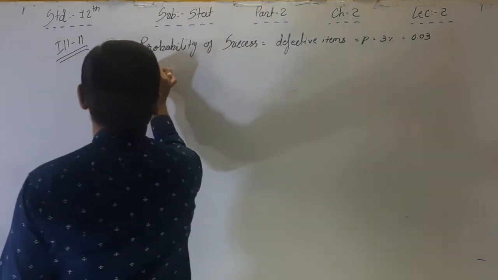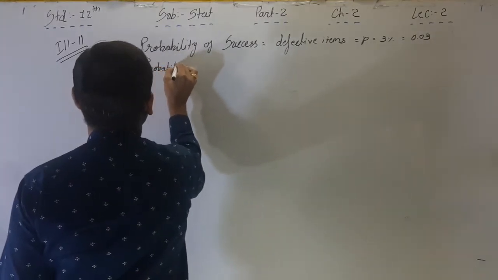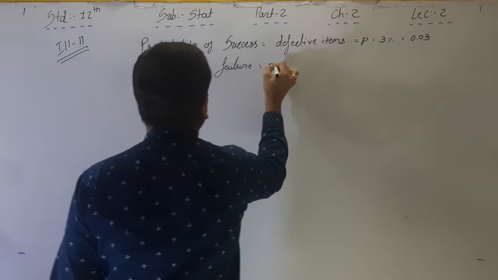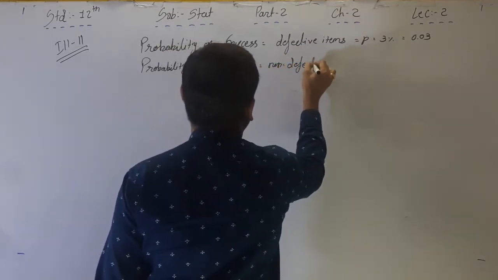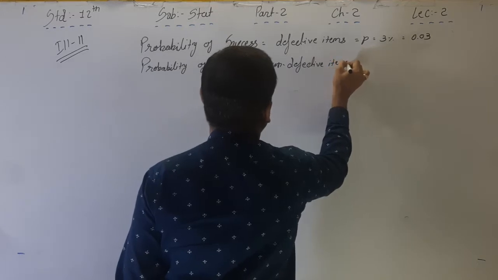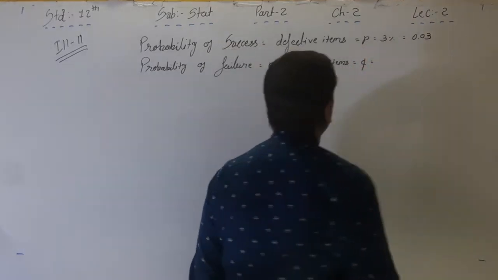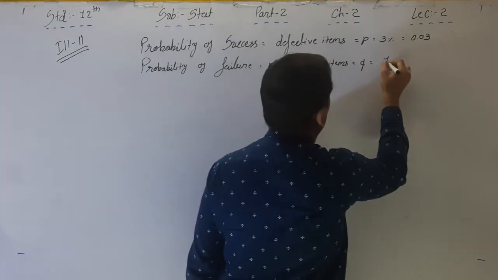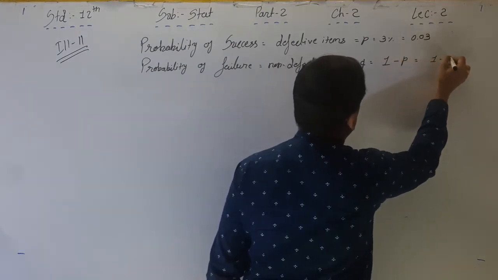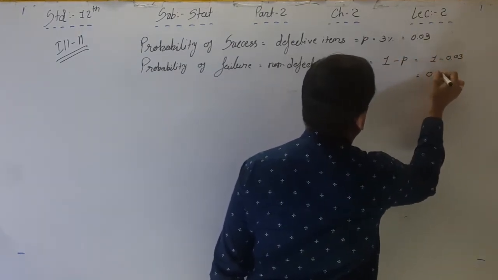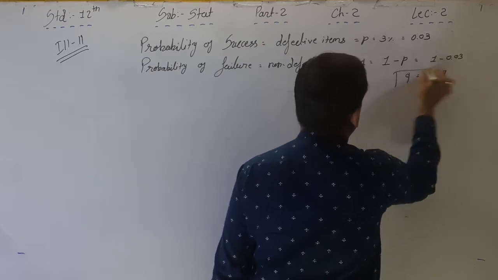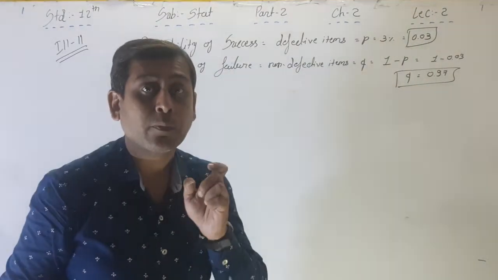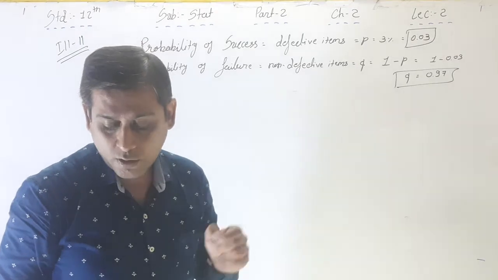Now probability of failure, non-defective items, that is Q. If Q is not given, then the formula to find out probability of failure is 1 minus P, that is 1 minus 0.03, that is 0.97. So Q is equal to 0.97 and P is equal to 0.03. But what is the question? Now the question is,